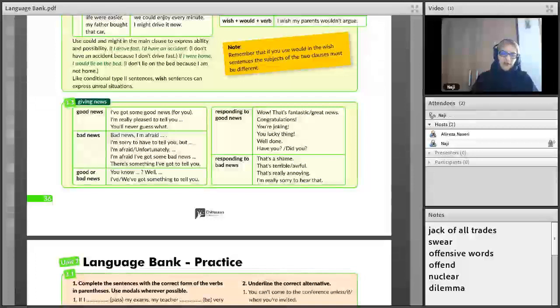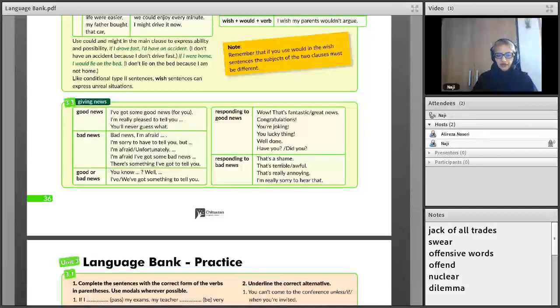Here you see the table, first with good news. I've got some good news for you. I'm really pleased to tell you. You'll never guess what. So you start to give good news. You can use these phrases and expressions. And bad news. Bad news, I'm afraid. I'm sorry to have to tell you, but